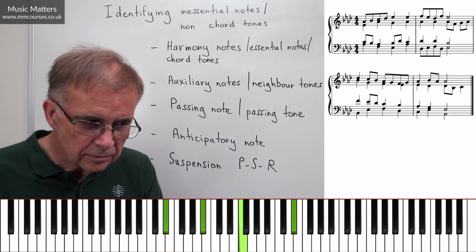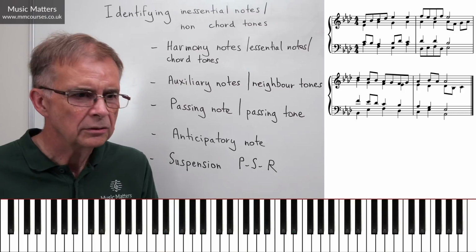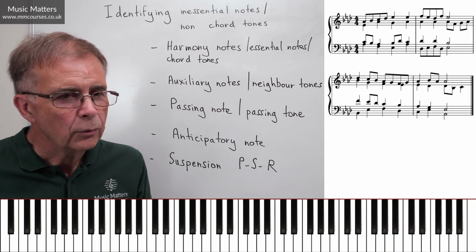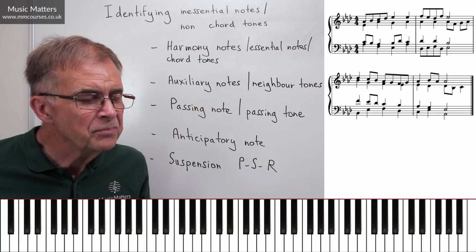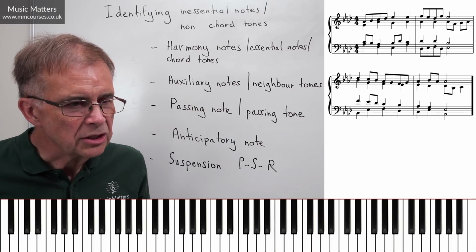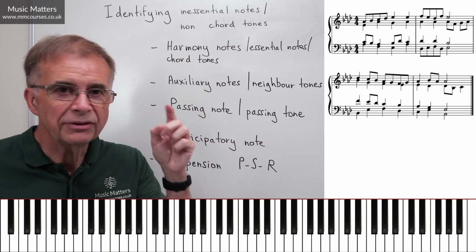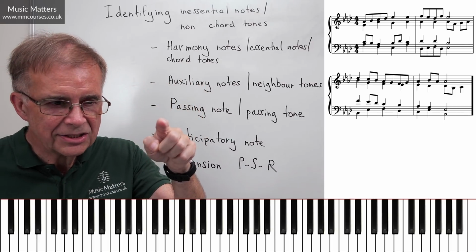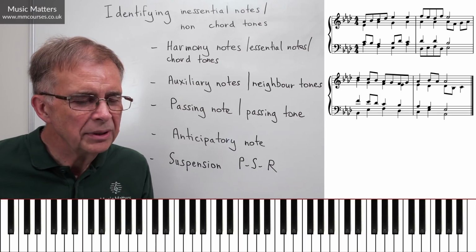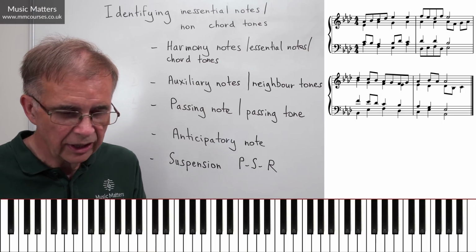You think, oh my goodness, what's all this? Well, what's happening in the alto is one of these suspensions. In bar 2, measure 2, the 2nd beat in the alto, A flat, is P. The 3rd beat is S. And the note at the beginning of the 4th beat is R. So we've got A flat,